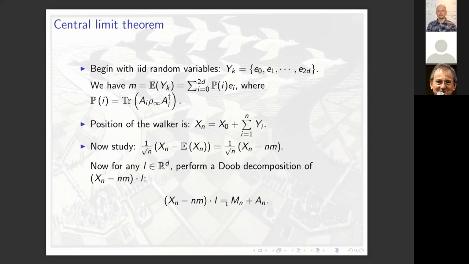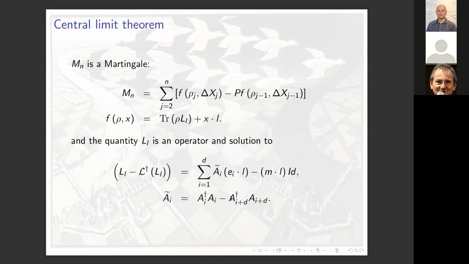So the key quantity for us is this martingale over here, right? Now, what does this martingale look like? Again, you do a little bit of algebra and you find this expression for the martingale. The actual details of the expression are not super important. This function f is defined over here. I've written this definition. And this quantity involves this new matrix L, right?